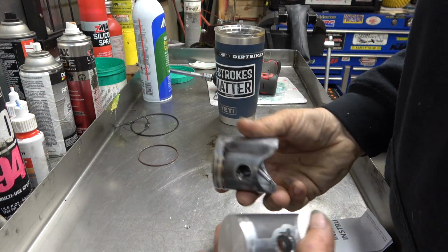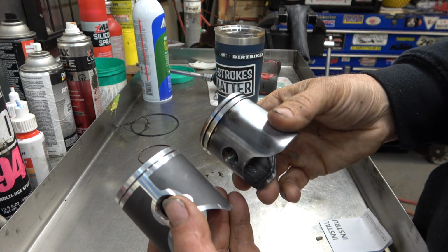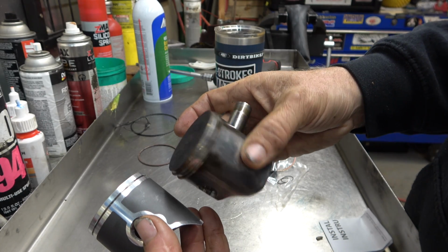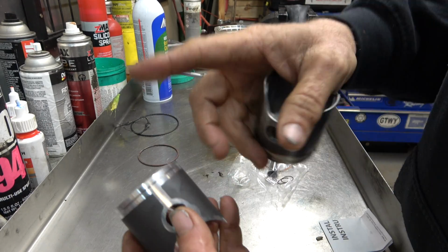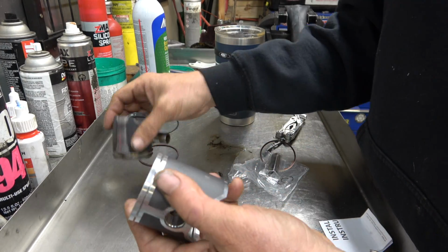You guys might notice real quickly a big difference in these pistons. This one is the stock one. This is the new Vertex. The big difference is this one has 2 rings and this one has 1. This piston is considered a race piston. So the thing about single